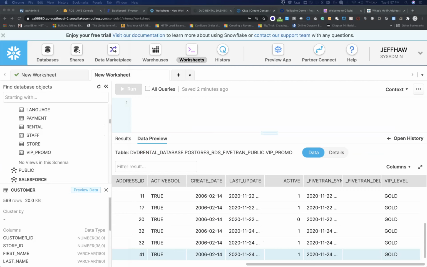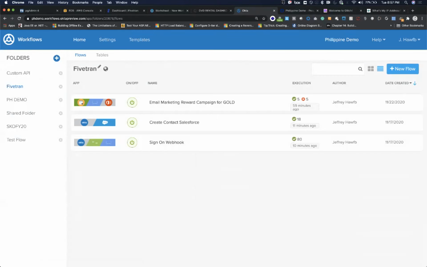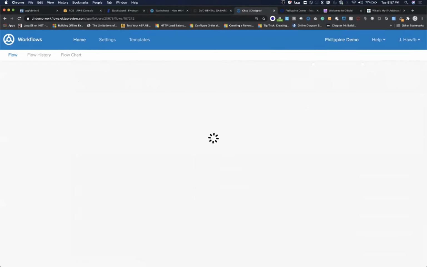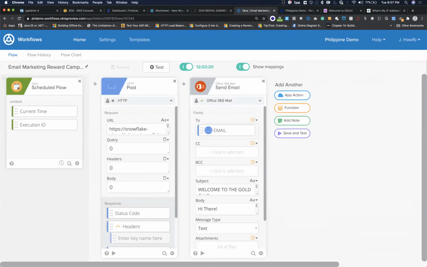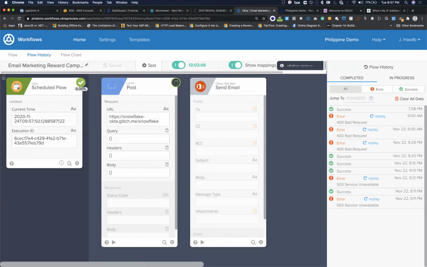So to do this end-to-end, go back to Workflows. I created this workflow wherein it will call that API in a scheduled format. This will automatically get the email and use Workflows to send a marketing campaign. So if I click test, this will trigger